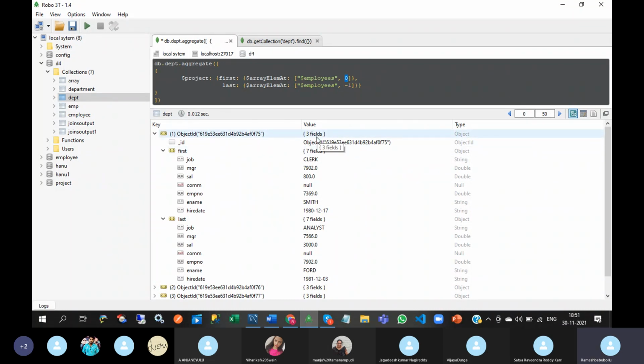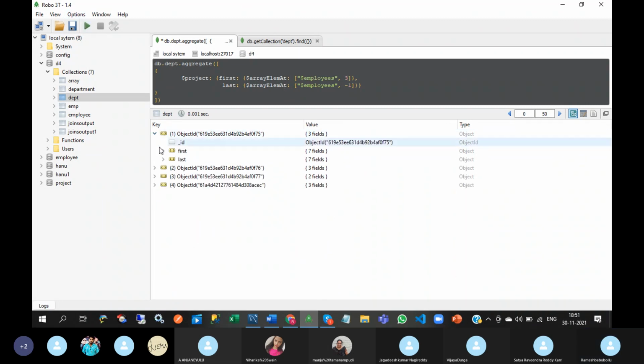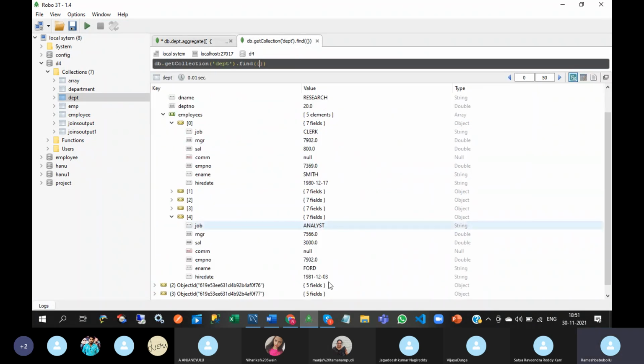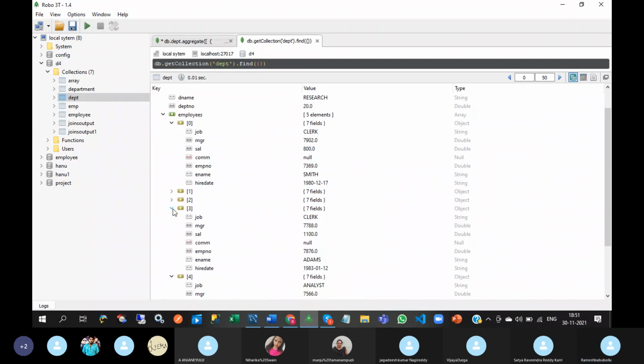So it returns the element at the specified array index. Suppose if you give 3, then see what will happen. You have Adams, so I think it will be Adams.